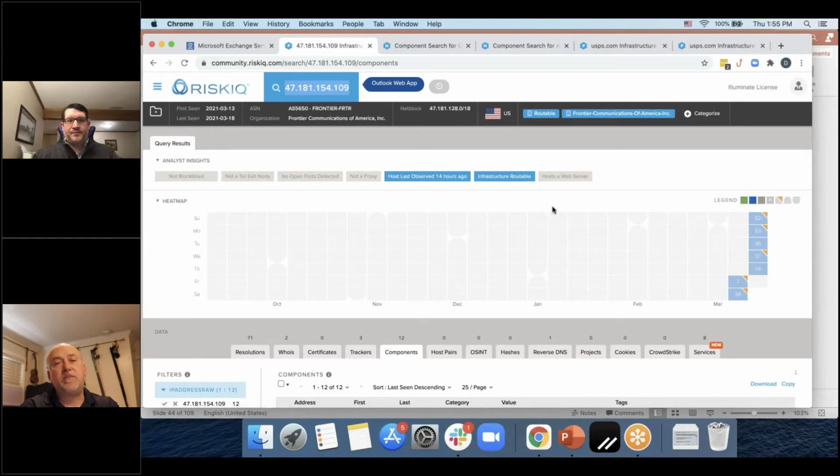And this is how you can look at your partners to say, hey, I want to look at their mail server. It's easy to find out their IP to their mail server. Then you can go look at it and you can see what components they have. I mean, we're obviously talking about Passive Total today, which is one of the core products of RiskIQ.